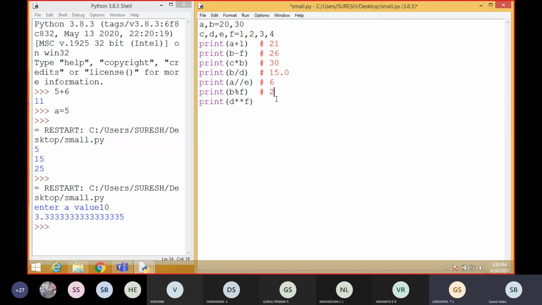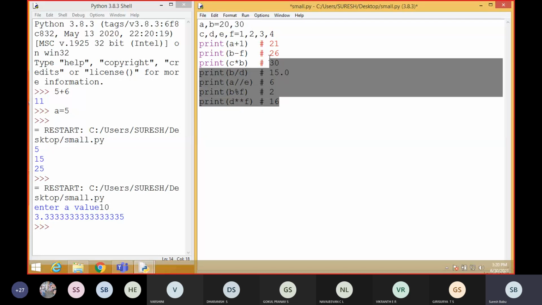Then next one, d star star f. Star star is used for calculating exponentiation, that is the power. d star star f means 2 star star 4, 2 power 4. What is the answer? Sir, 16. 2 power 4 is 16.